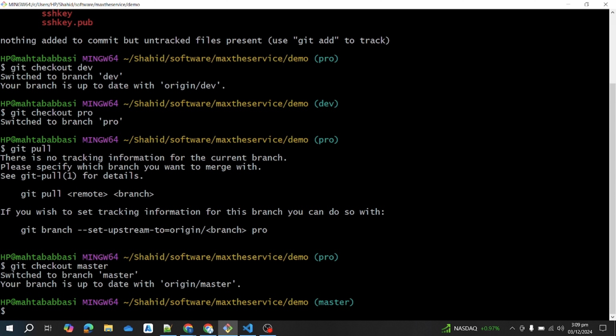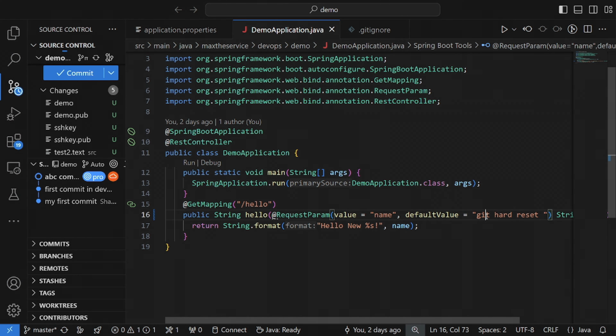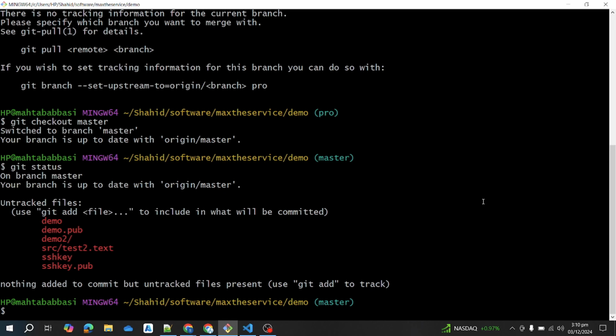Okay, git status. Here you can see I have changed to master and git hard reset is in master, and I will switch back to production branch, and I want this change without doing any checkout branch. I will use checking out this file demo application.java to get this change in my production branch. So what I will do, I will just use